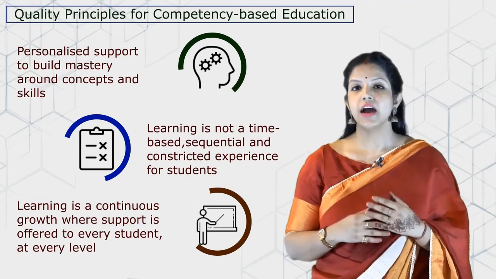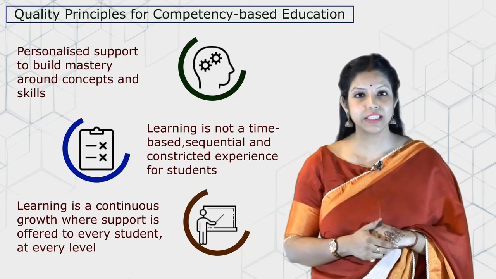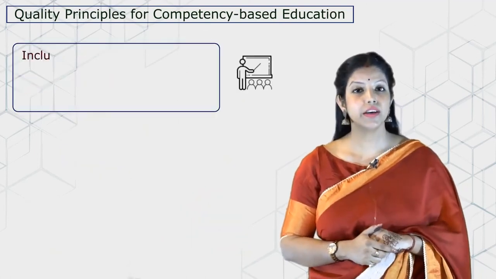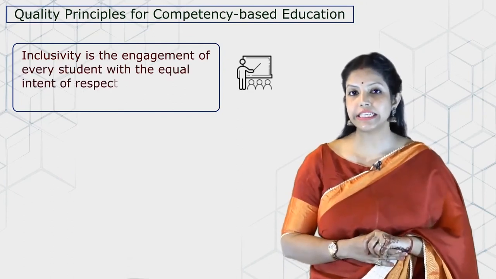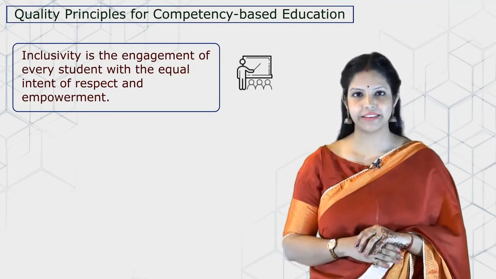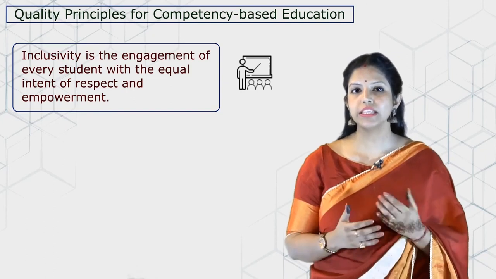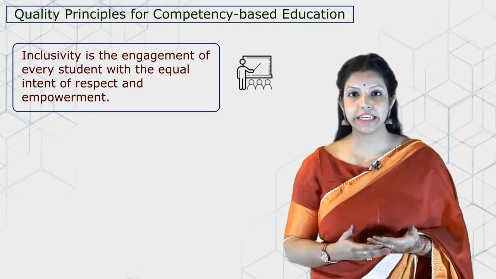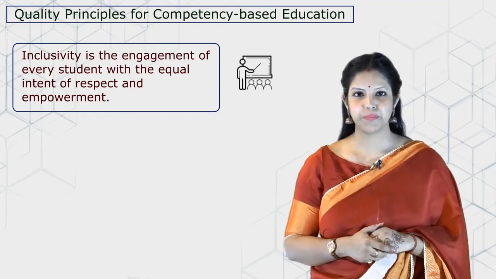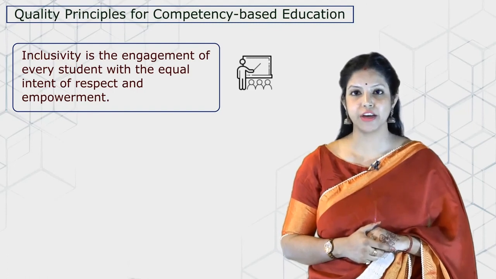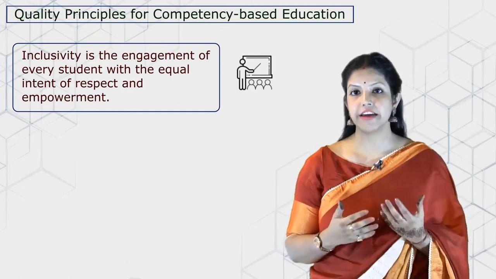Now let's understand how well-functioning CBE systems ensure a culture of inclusivity. Inclusivity is the engagement of every student with the equal intent of respect and empowerment. A culture of inclusivity is created in schools when all the students, including disadvantaged and marginalized, are given a place within the learning spaces. One of the most powerful features of effective competency-based schools is the understanding that every student